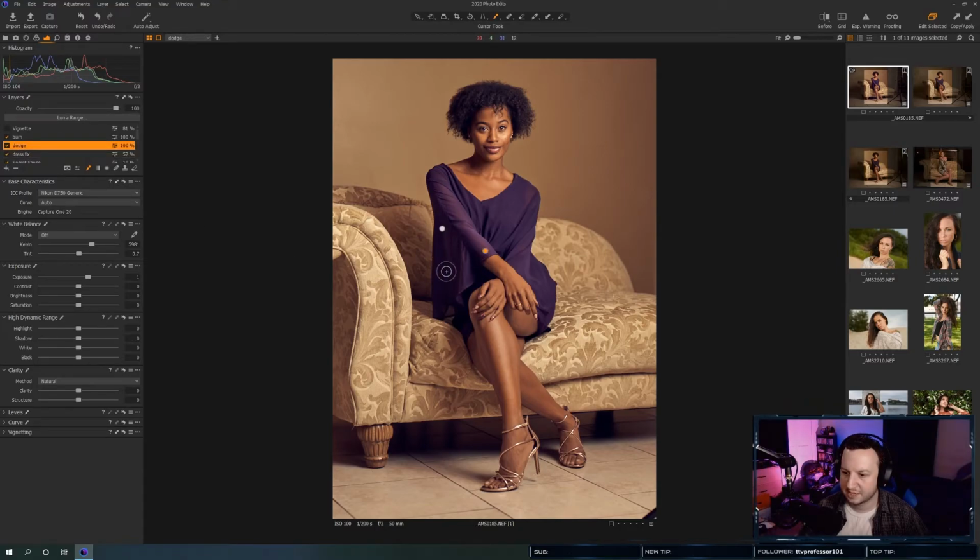And then I can come into my dodge. Add a highlight there. Oops, that's way too strong. Let's knock this down from 10 to like 5. Oops, let's not move that. Detrimental to my photo. And then we'll dodge a little bit in the hair again just to bring it out.